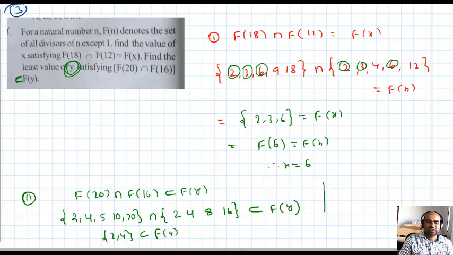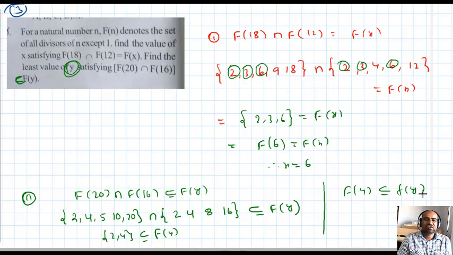Students, I want to write here only 2, 4 means f of 4. F of 4 is a proper subset of f of y. So subset you can take, that is better. Subset, instead of proper, I will take it. Maybe equal, least you want, okay. So y may be 4 or more.